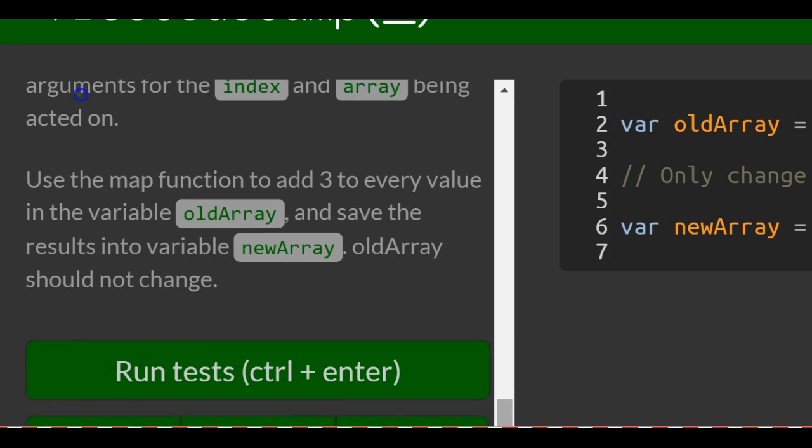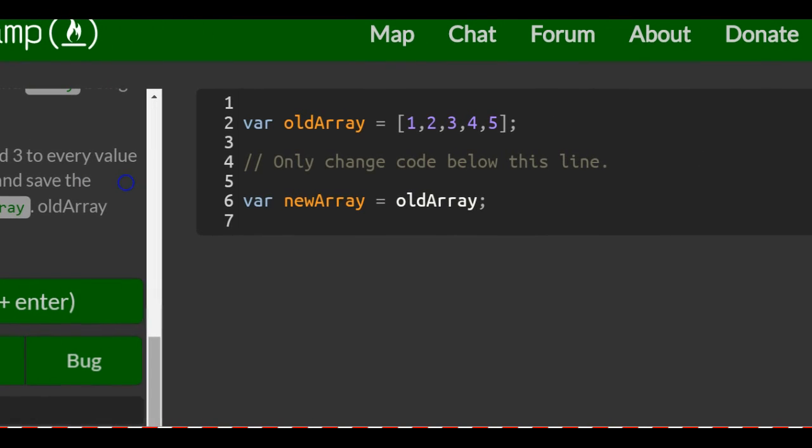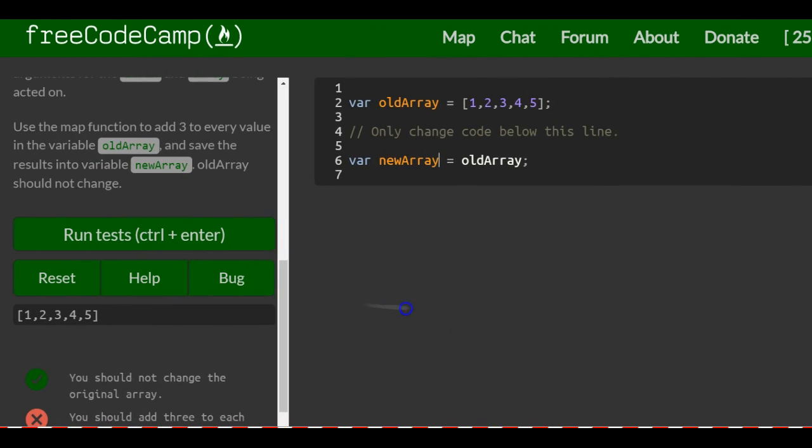So use the map function to add 3 to every value in the variable old array and save the result into a variable new array. Old array should not change. So we have old array there. Old array contains 1, 2, 3, 4, and 5, and they only want us to change code below this line. So we are going to use the map method,